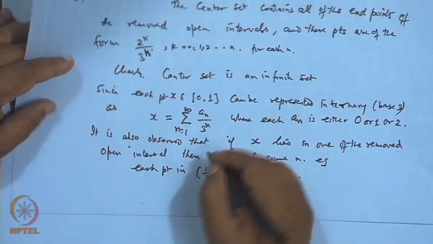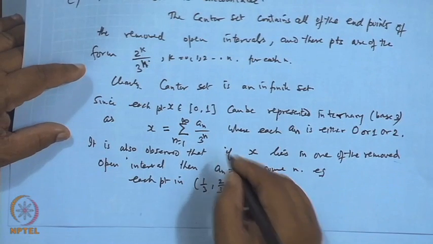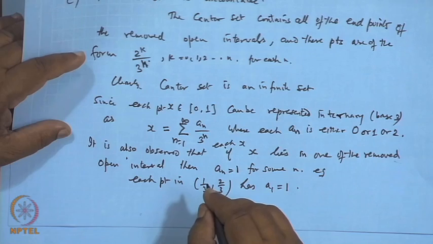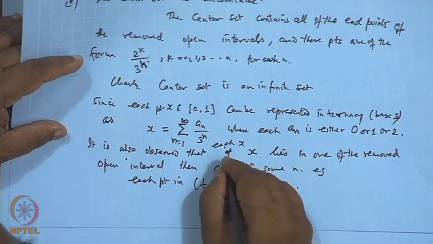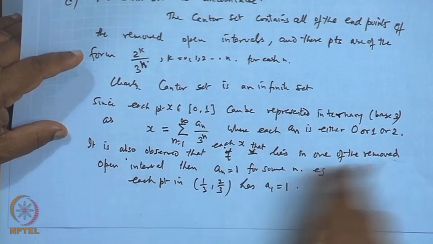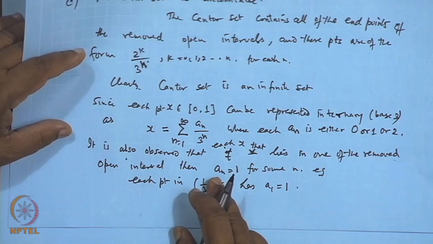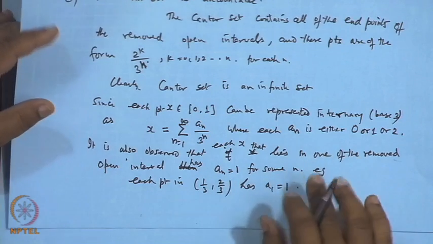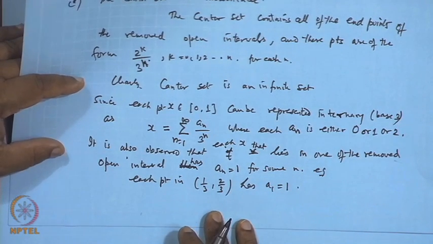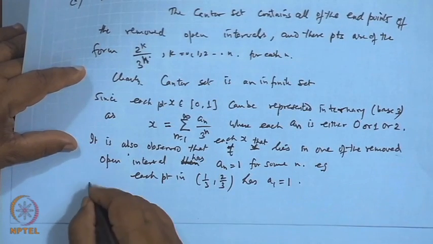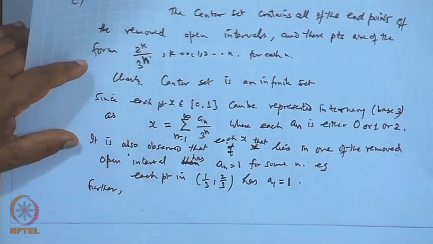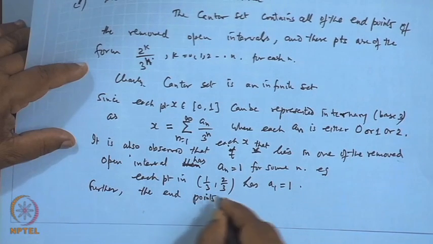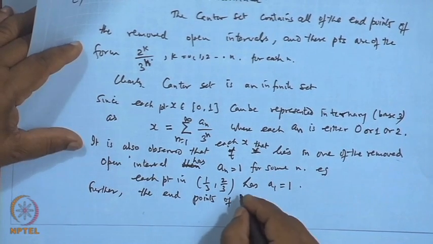It is observed that each x that lies in one of the removed open intervals has a_n equal to 1 for some n. This is true. Now, further, the endpoints of the removed intervals